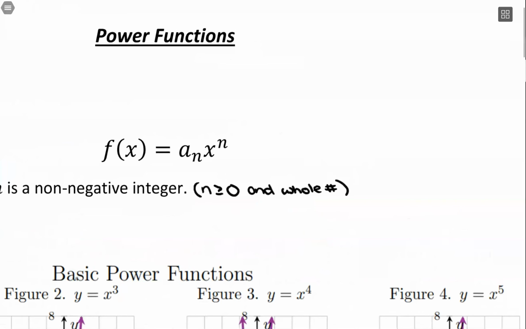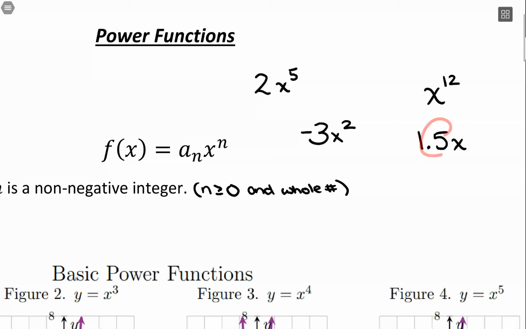So some examples of power functions, we could have like 2x to the 5th. That would be a power function. We'd have x to the 12th. So that would be a case where that a with a subscript of n would just be equal to 1, and then times x to the 12th. We could have negative 3x squared. We could have 1.5 times x. Basically, a number out front that's a real number. And then for our exponents, in this case, we have this exponent of 1 hanging out there,